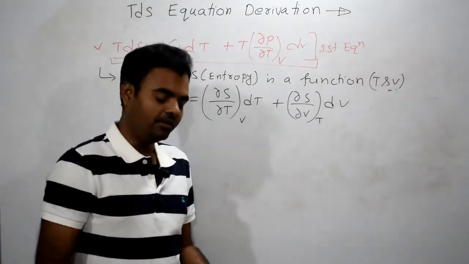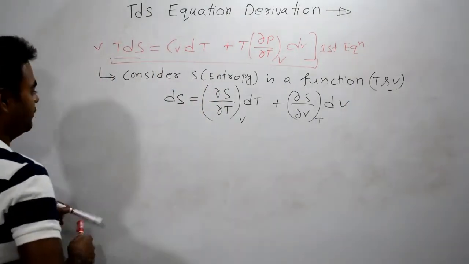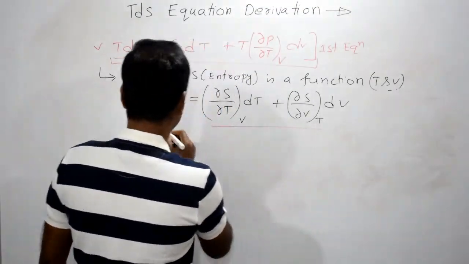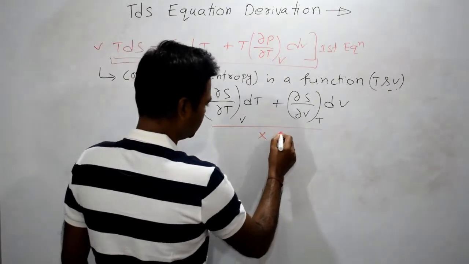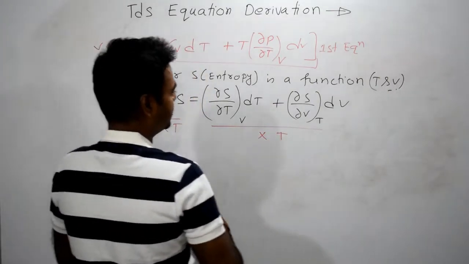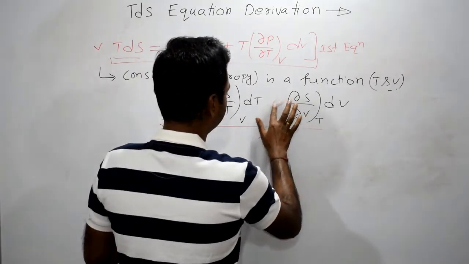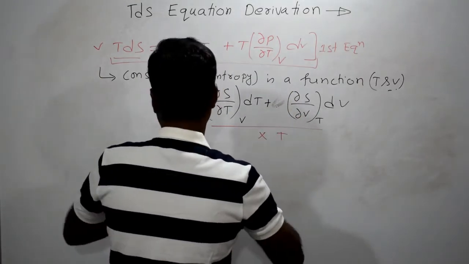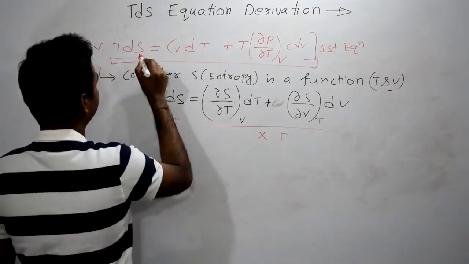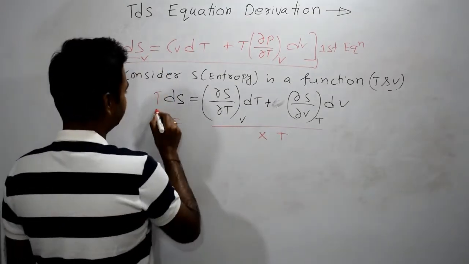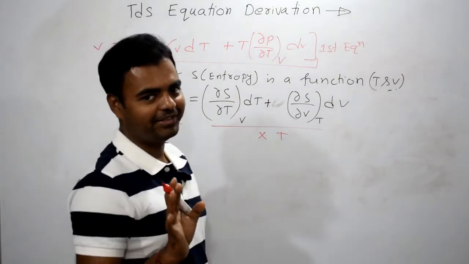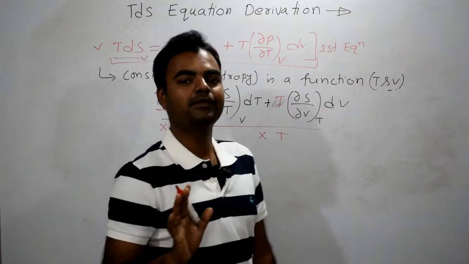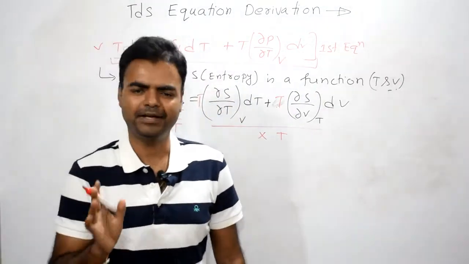All right. Now in the next step, we are multiplying this side and this side with temperature. Then this equation will become, let me write that down also, TdS, exactly what we wanted to get. We got it on the left hand side, TdS, right? Here we got T and here also we got T. So far I hope you understand this, right?